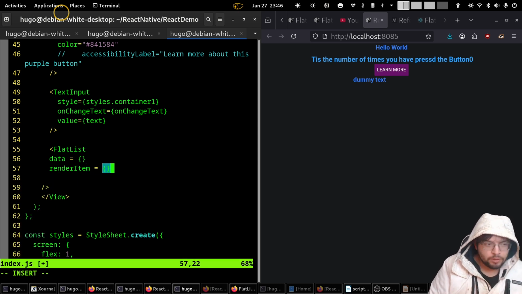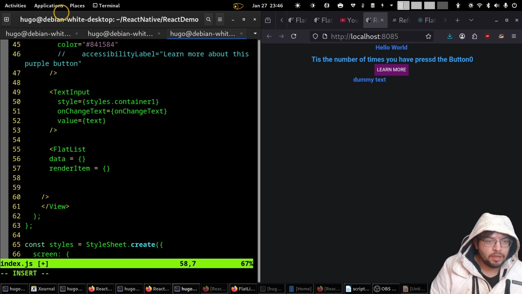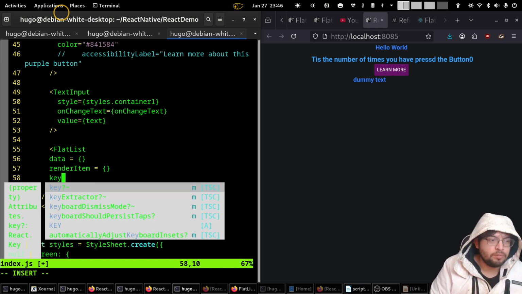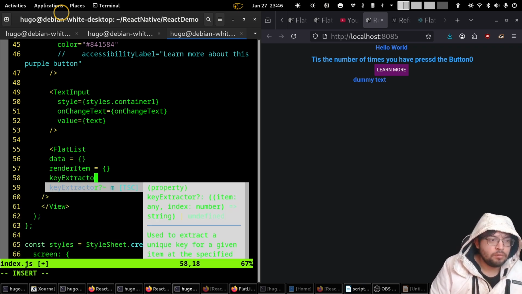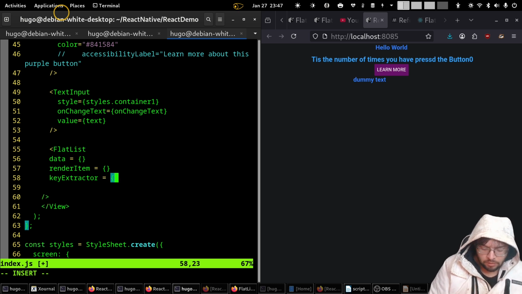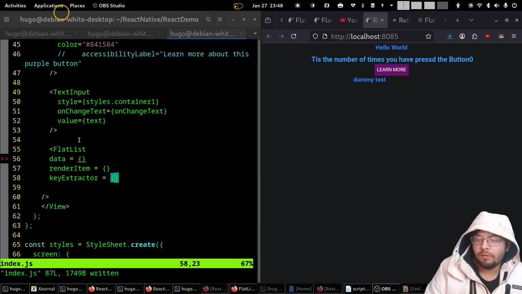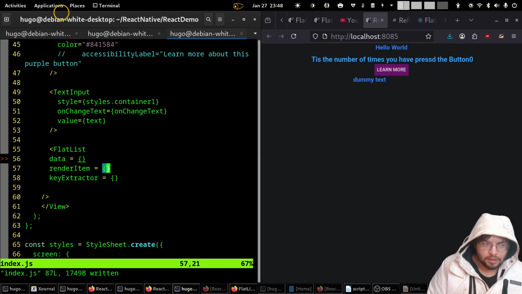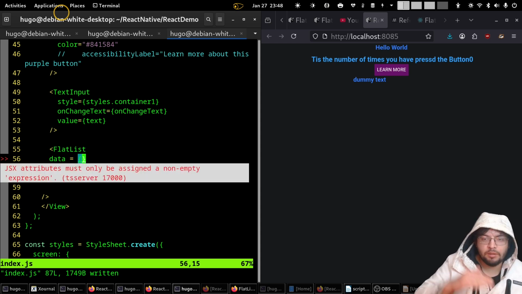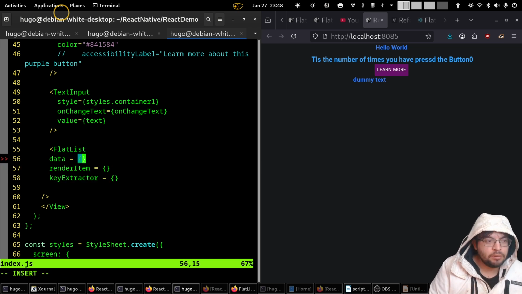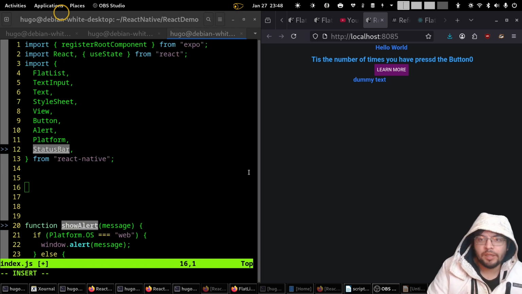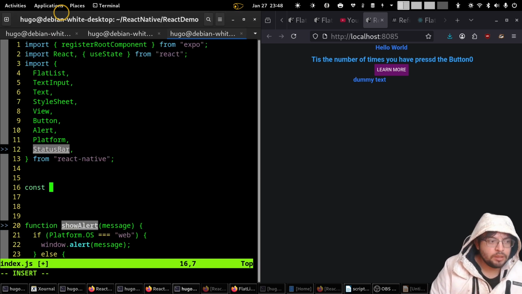And of course, we're going to leave it blank for now. And lastly, we need the key extractor, which equals blank for now. Now for the data, it needs to be in a JSON object format. So let's put in data for now, big data, and let's create that JSON object all the way at the top. It's going to be constant data